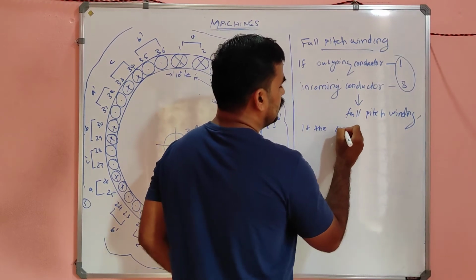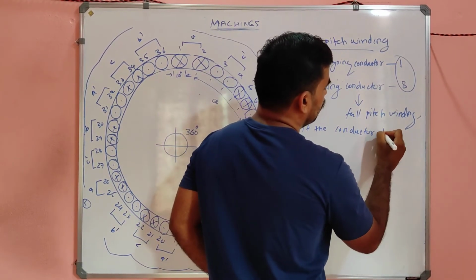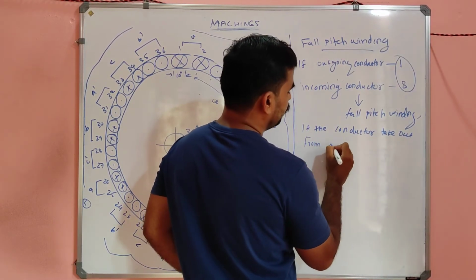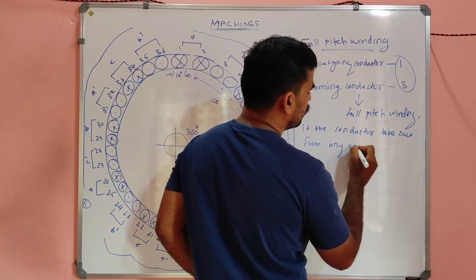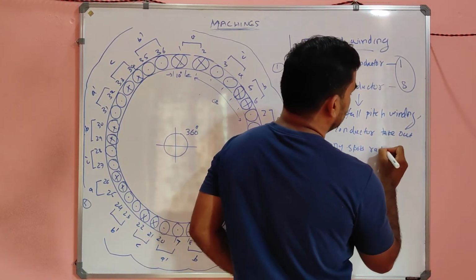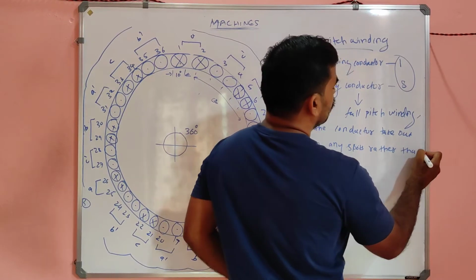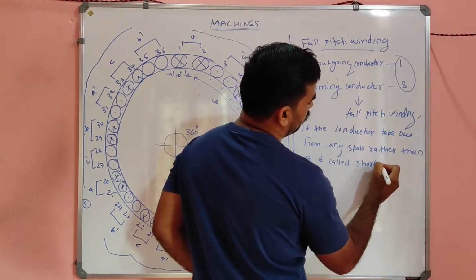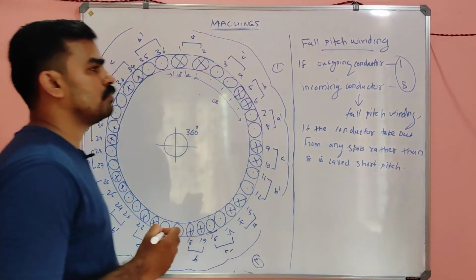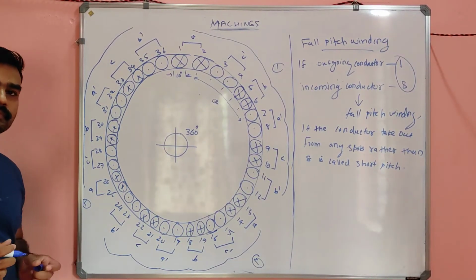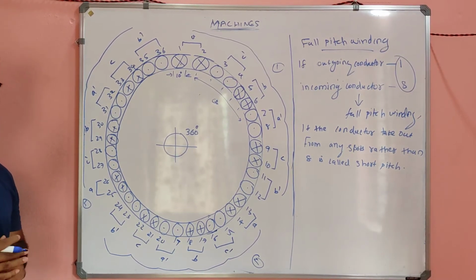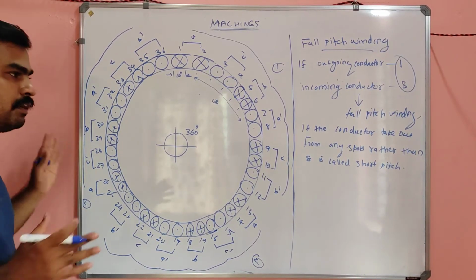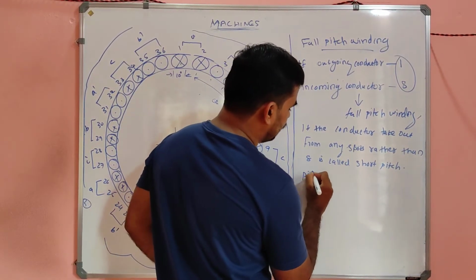If the conductor is taken out from any slot other than 8, it is called short pitch winding. Okay, short pitch winding. And due to the short pitching, there will be a factor called pitch factor that arises,